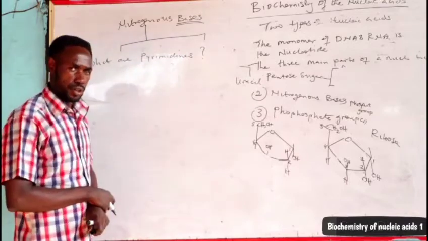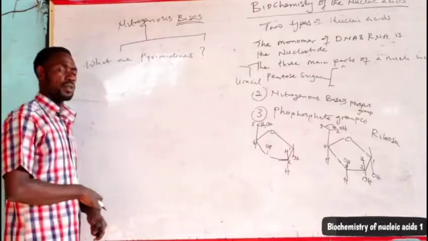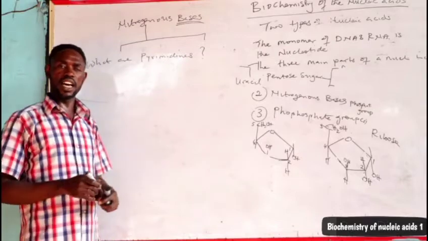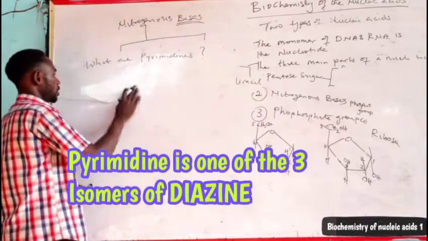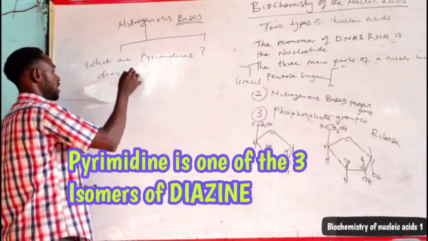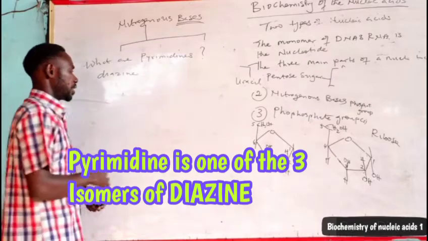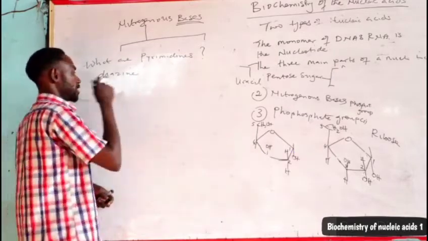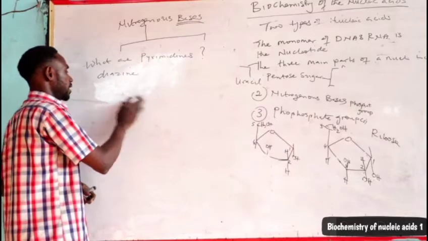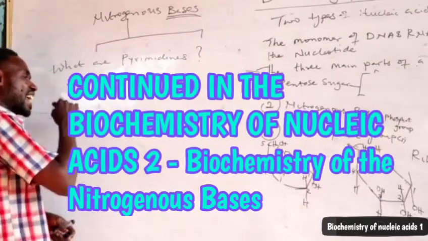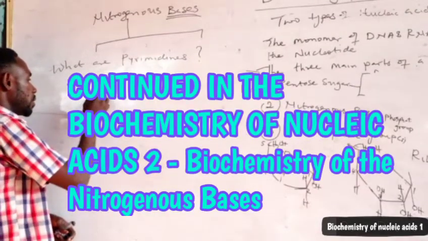In organic chemistry, a pyrimidine is one of the isomers of diazine. What is diazine? A diazine is a heterocyclic organic compound that is made up